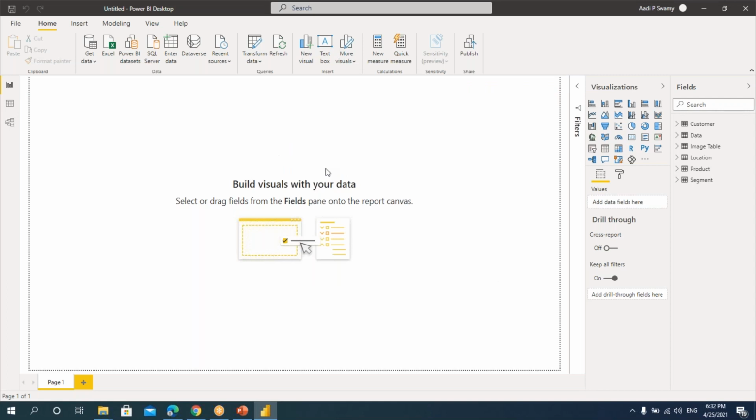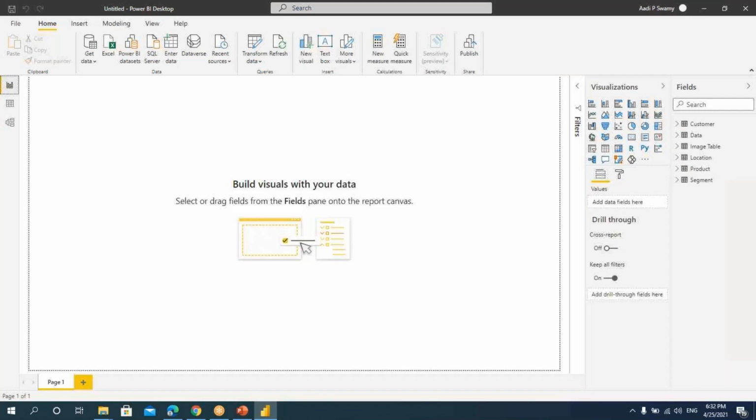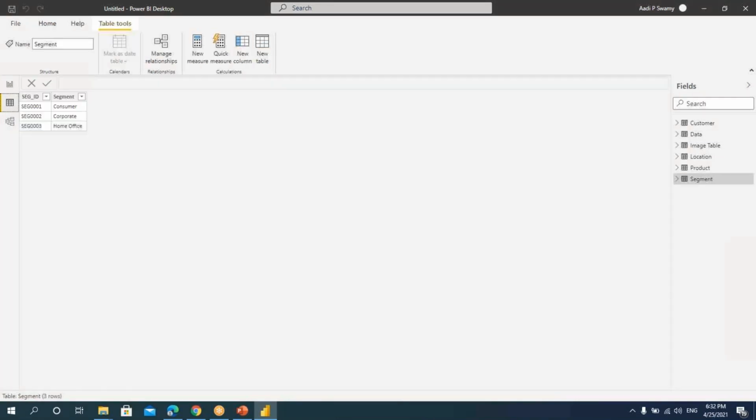All right, once it is refreshed, let's go to this data model and see what has happened. If we click on this, you can see that now all the tables are getting connected automatically. So that's why whenever you're importing the data, make sure that you are taking the right data. Sometimes you might not require some data, you can just ignore it. Whatever is required, you can plan it before only. Otherwise, after importing, if you think that I don't want some data, then you can also go to this Power Query Editor and you can edit this.